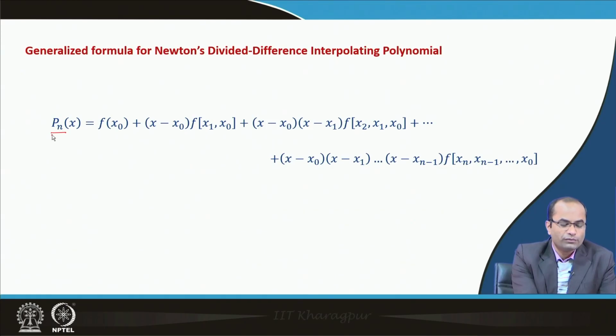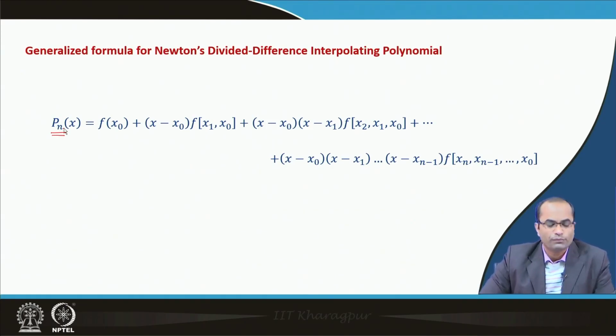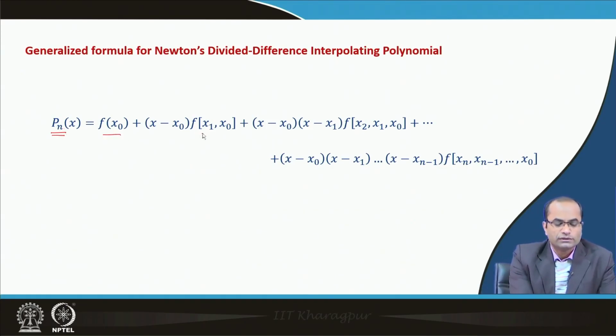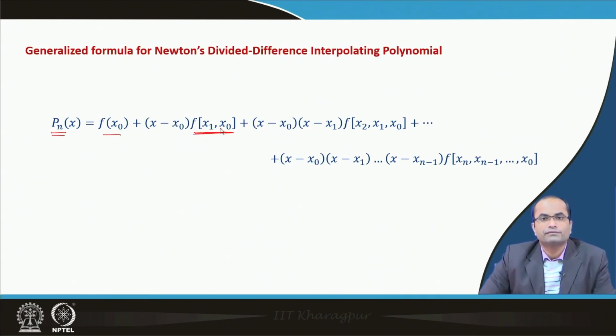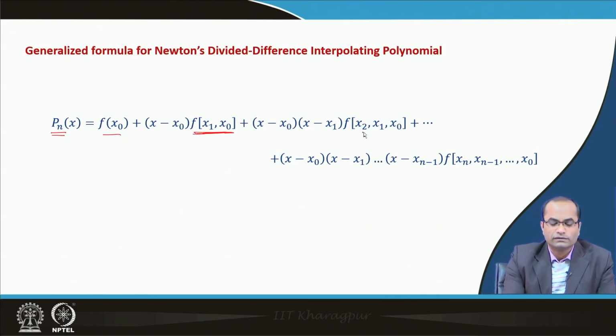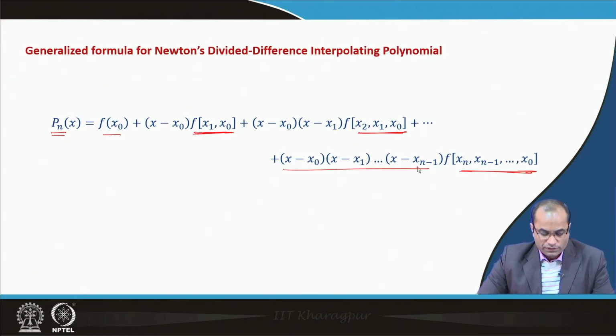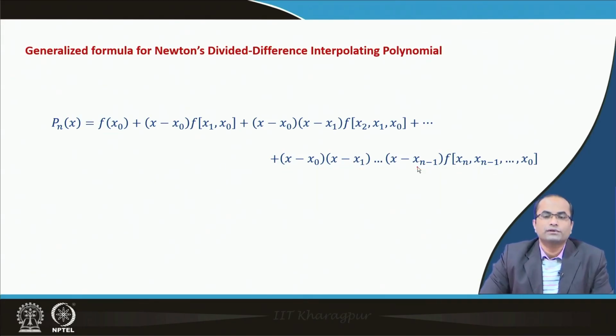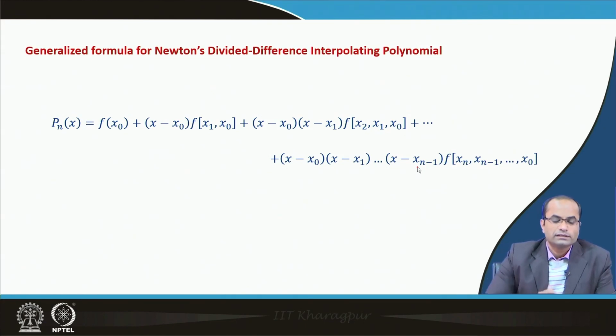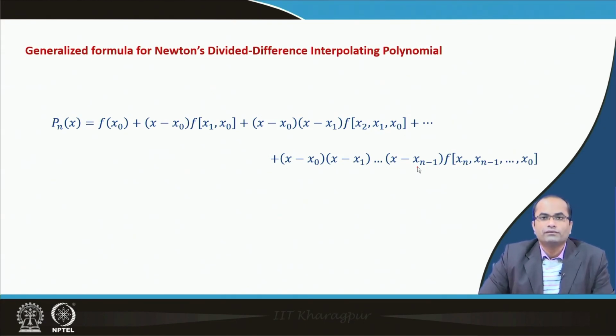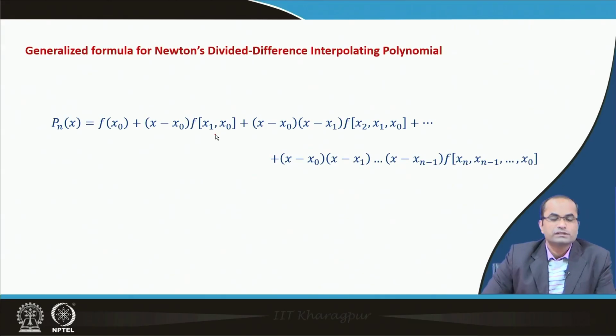See, nth degree polynomial for given n plus 1 points, we have f(x naught), then this is the divided difference taking x 1 and x naught. Here again we have the 3 points and so on, we have here n plus 1 points and the corresponding products. So, this is the formula which is more general than for instance the Newton's forward difference formula, and this can be used when we have non equidistant nodal points given in our data,